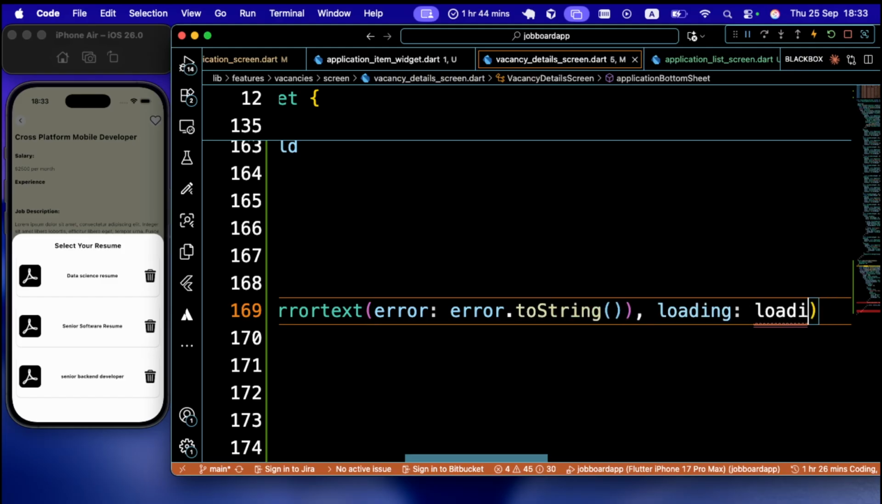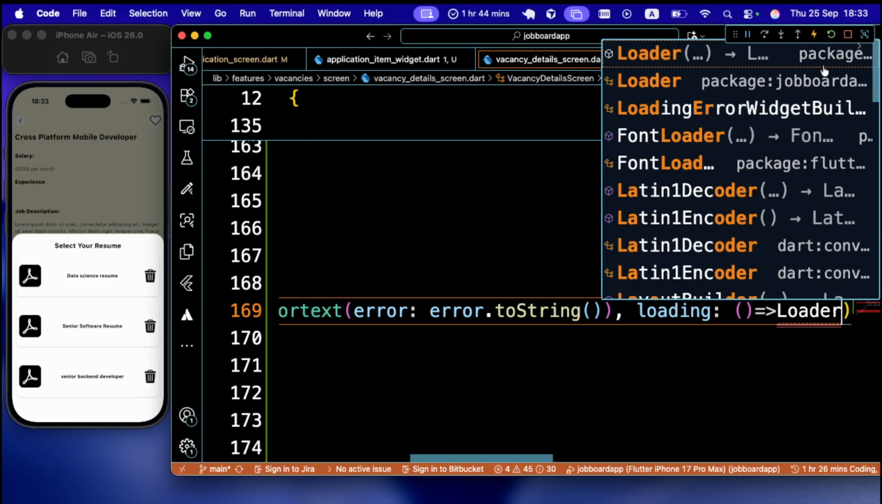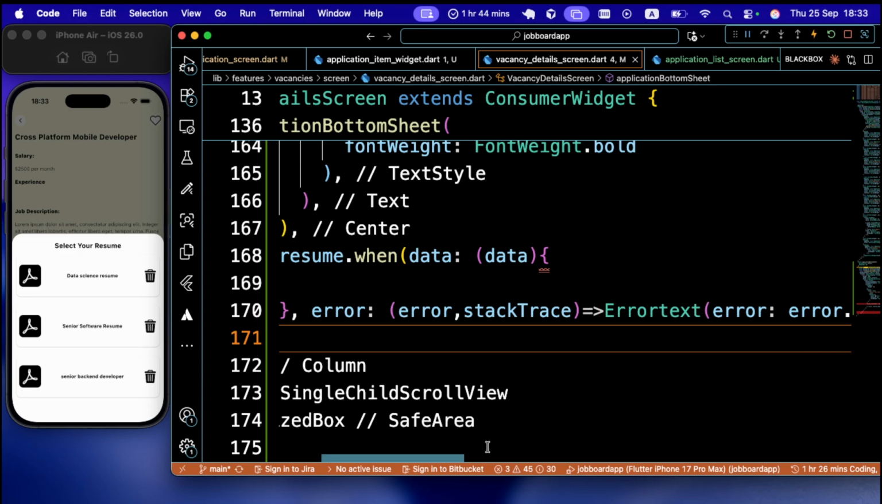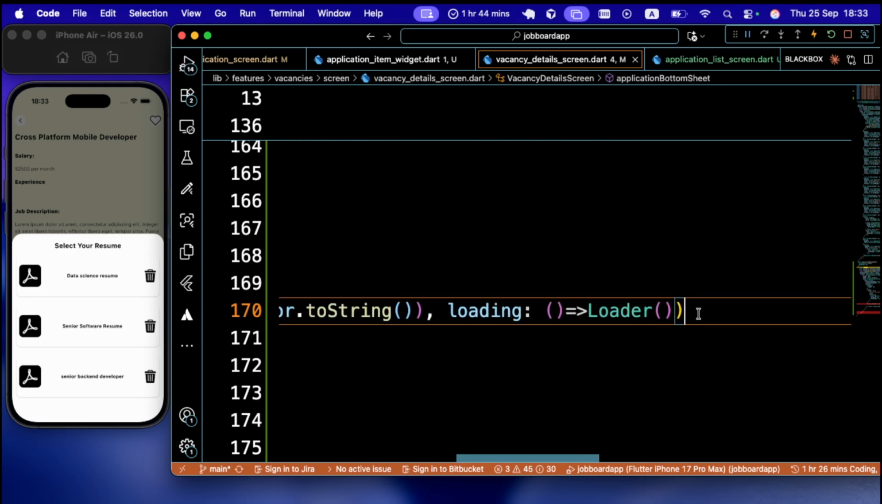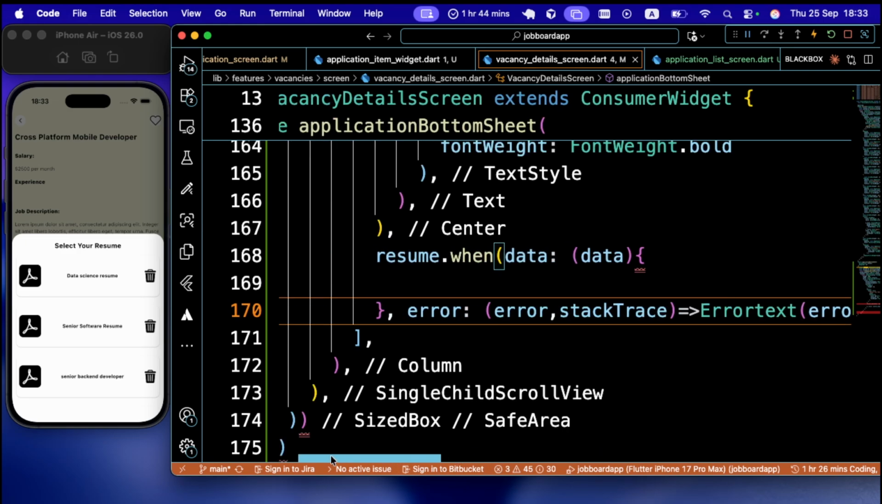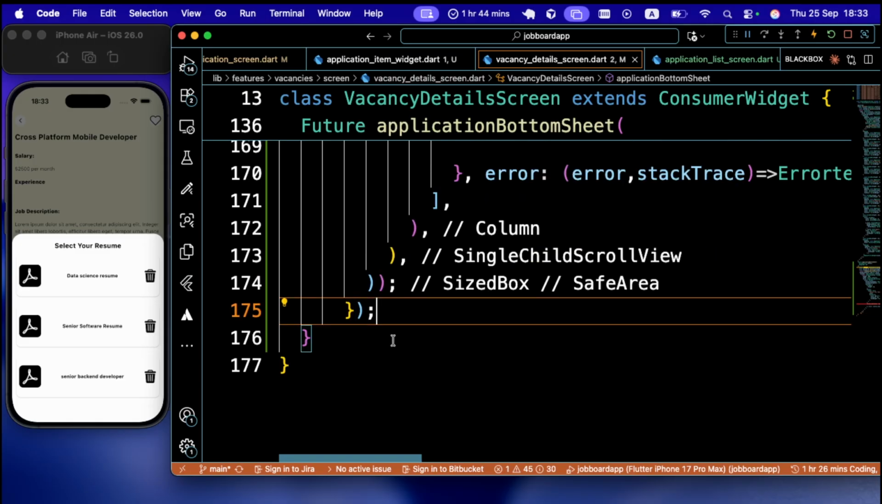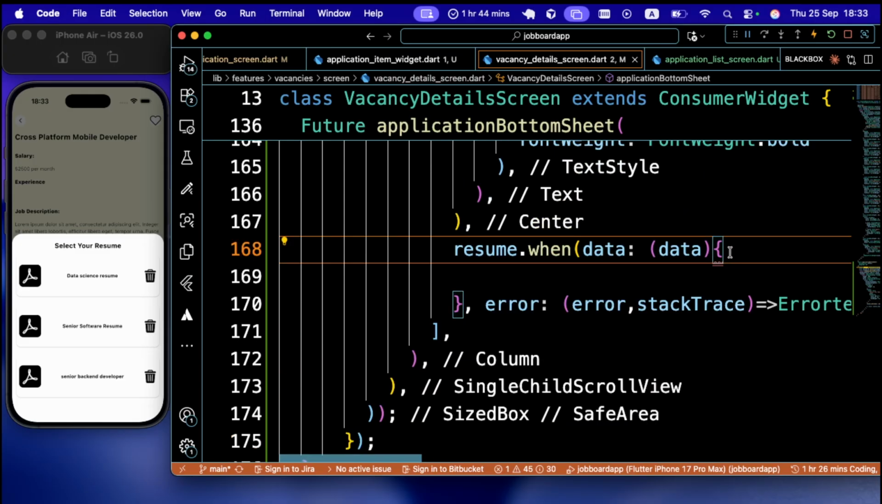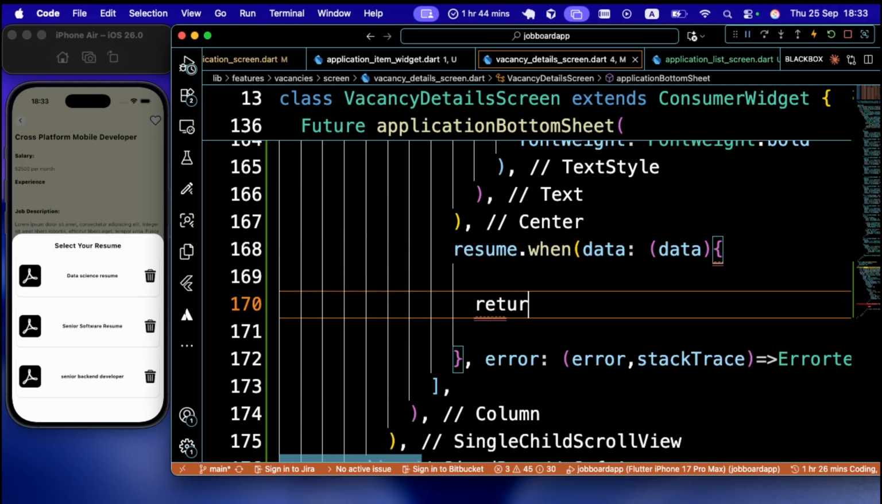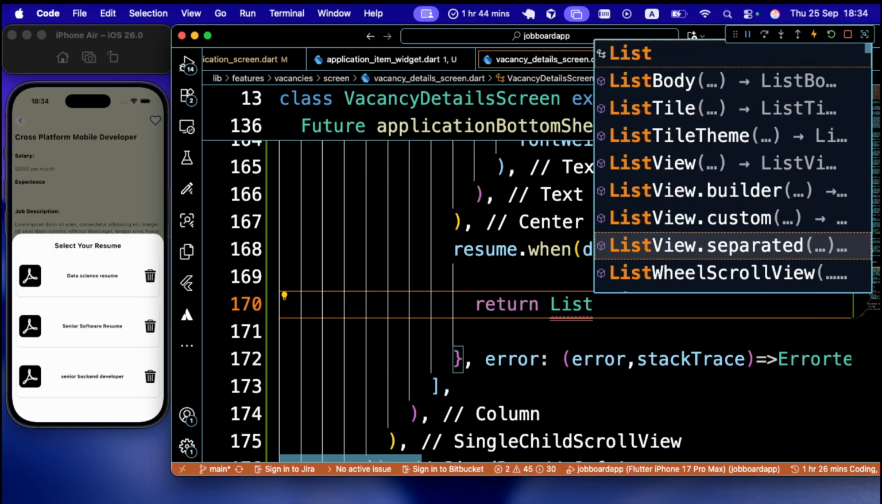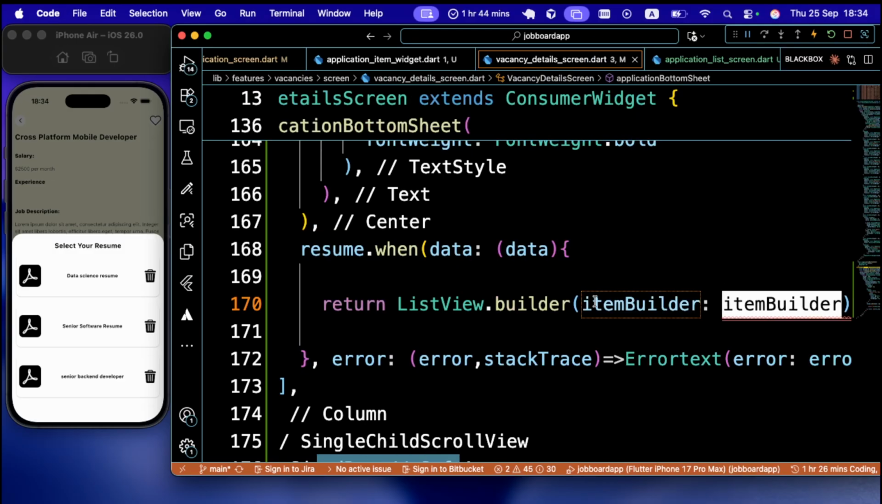And then for the loading, we are simply going to display a circular progress indicator, right? So let's just give a semicolon here, this colon there. Now let's take care of the data part. So what we're simply going to do is return a ListView.builder, and then